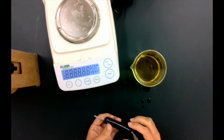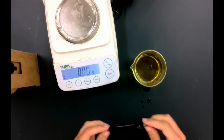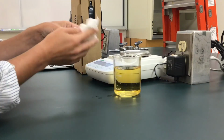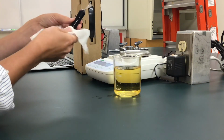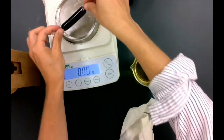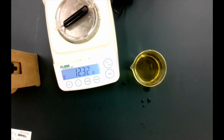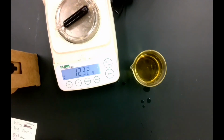And remember, we started with a mass of 10.3 grams. So we'll see what has happened to the mass of the bag over time. I'm going to pat it down a little bit just to get any excess water from the outside off, because it's really the volume of material inside the bag that we're most interested in. Okay, let's put it on our scale. Now we see that our initial mass was 10.31 grams, and the final mass is 12.33 grams. So it has increased in mass over time,